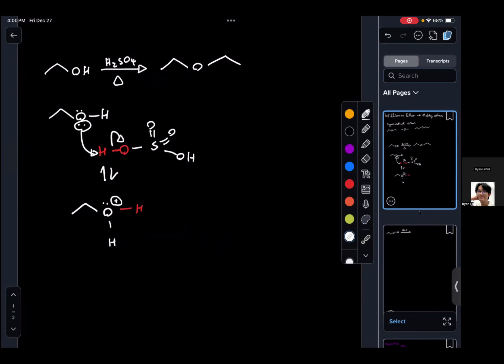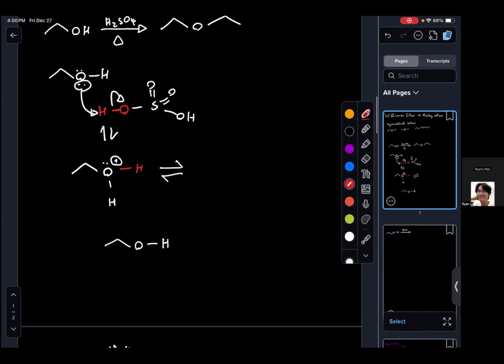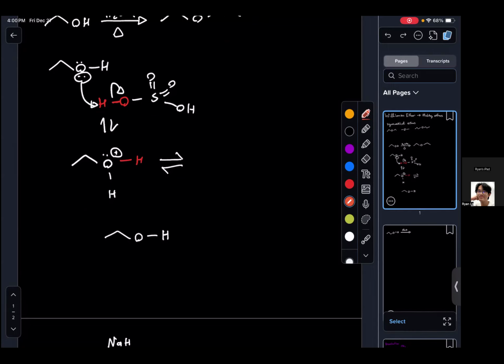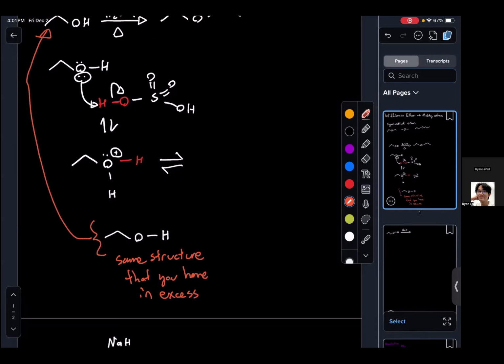Then from here, you now have an OH that has an extra H on it, and therefore it has a plus charge. And then from there, you are going to take another one of your starting materials. Remember, this is in excess, the same structure that you have in excess. So this is basically just another one of these. Then from here, you are going to conduct an SN2 reaction. This is going to pop off. And then you're going to end up with